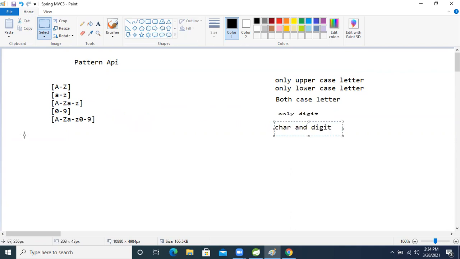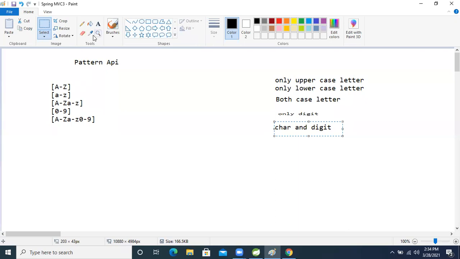Okay, so if we write like this, we have given A to Z, but only one letter will be accepted. Only one letter between A to Z. Now I want my API to accept a minimum of 4, or exactly 5.